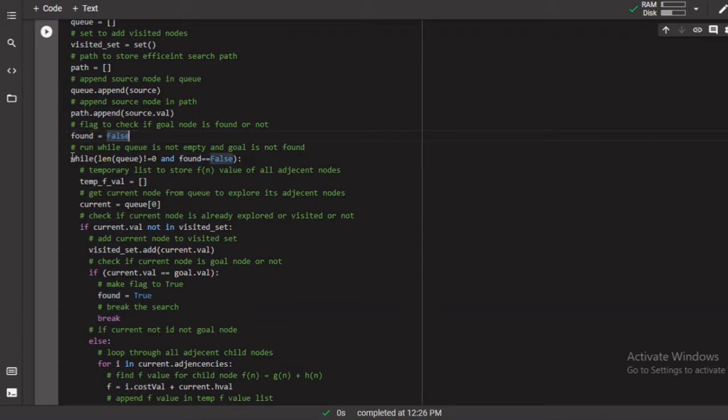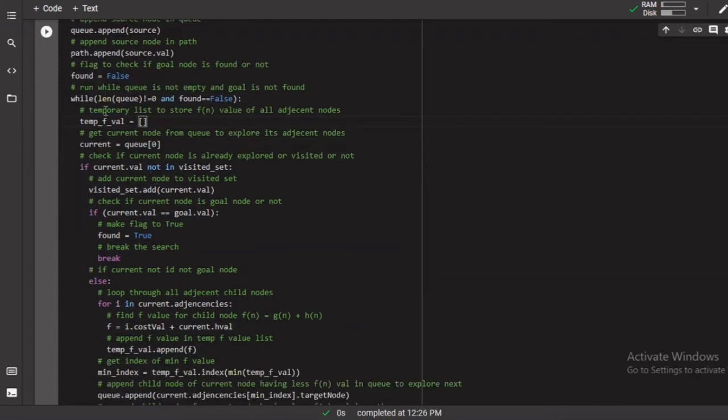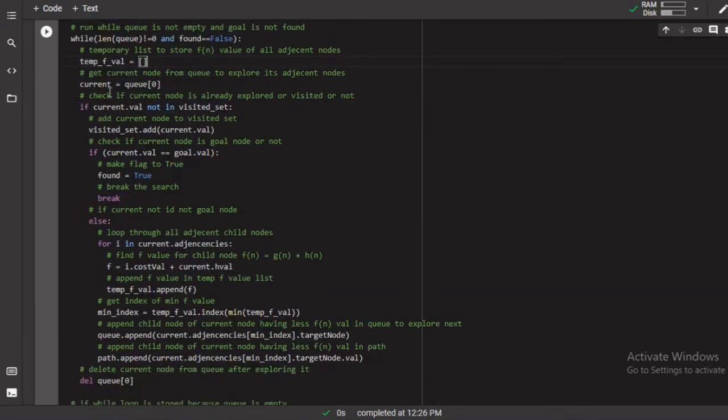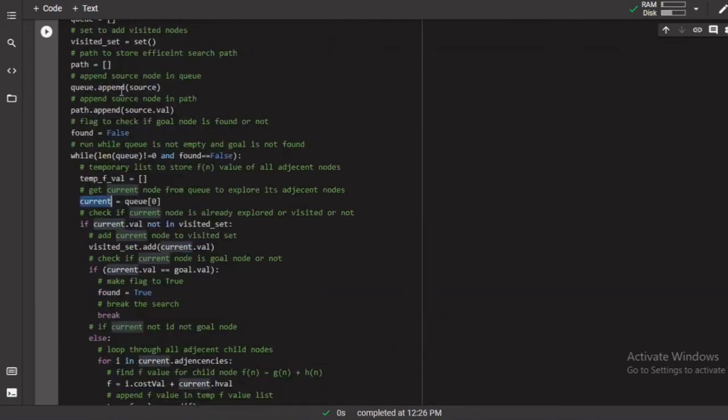And here I am using a while loop, and this will run while the queue is not empty and the goal is not found. Inside this while loop, I am creating a temporary list to store the f of n value of all the adjacent nodes.